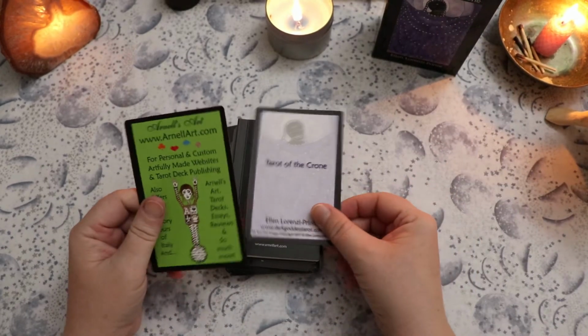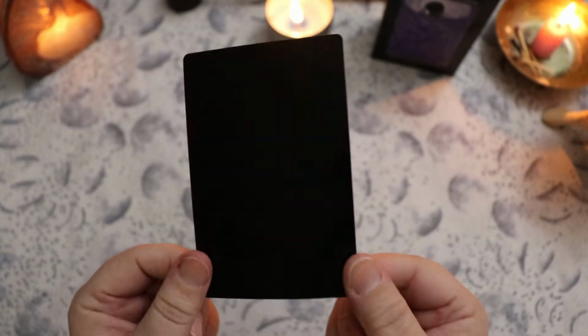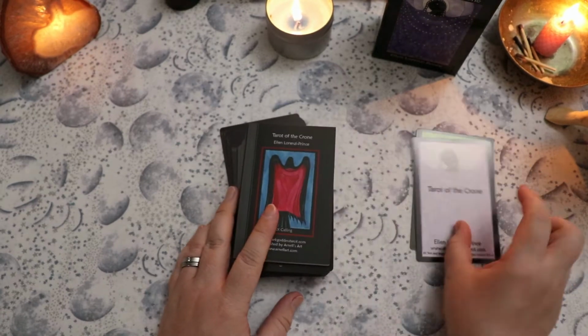Let's see, there's a couple of art cards here from Arnell Art, and the backings of this deck are literally just a plain black. As far as the size,